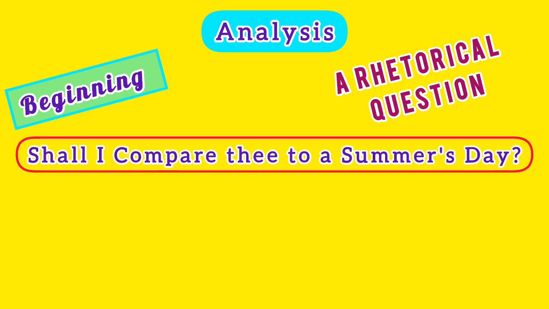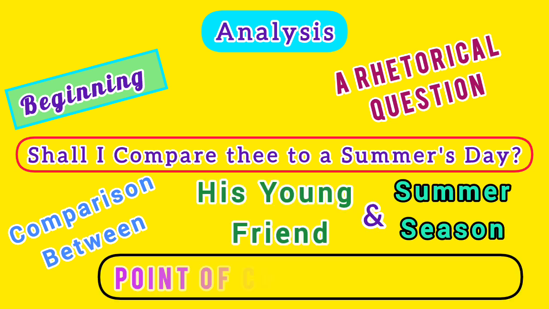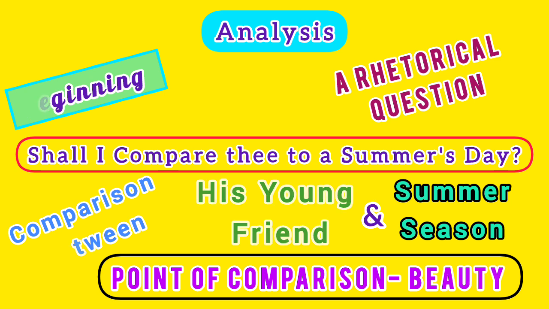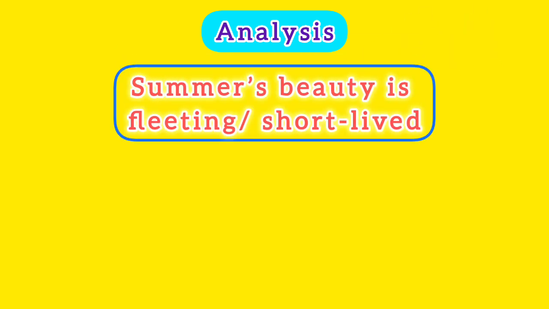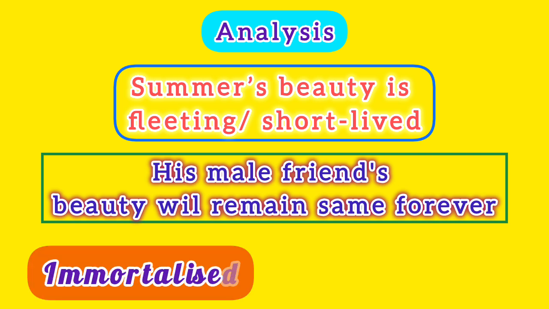Now, the analysis. First, quatrain 1. So, the poem begins with a rhetorical question where the poet speaker clearly compares his young friend with the summer season in terms of beauty. Then he asserts that summer's beauty is fleeting or short lived, as it will not last long. On the other hand, his male friend's beauty will remain the same forever, as it will get immortalized, as it will